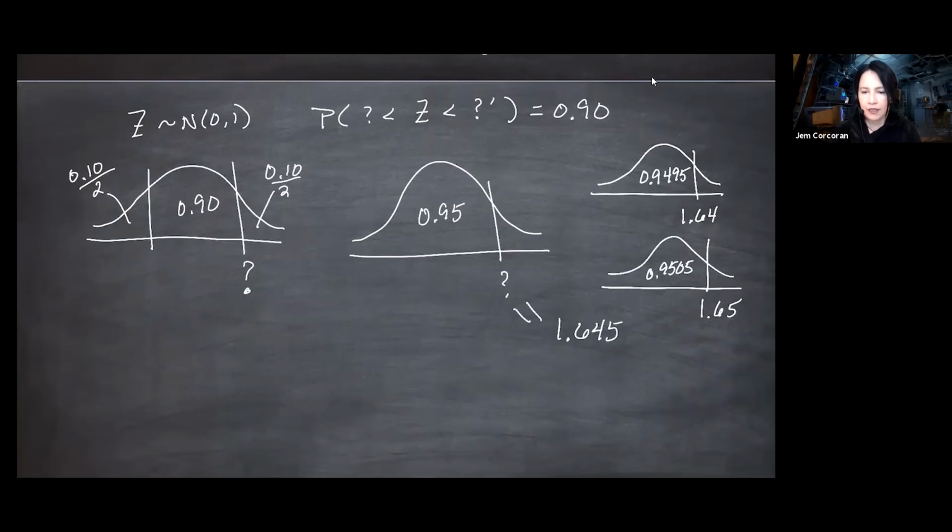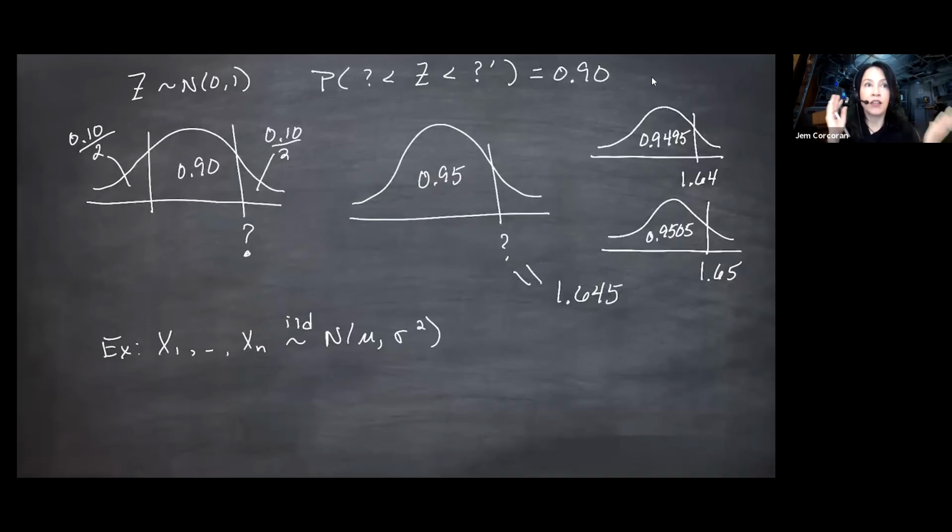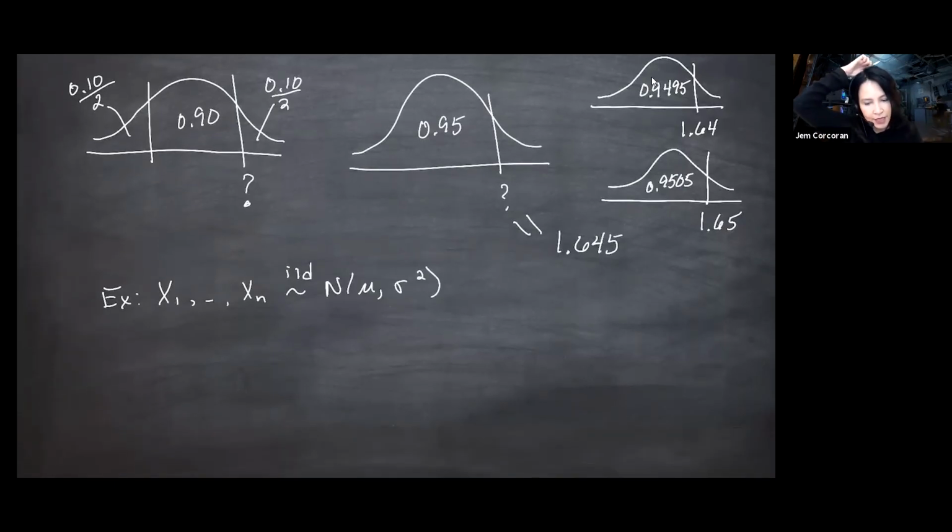Okay, so let's make our first confidence interval. I'm going to go back to my example where I have x1 through xn, a random sample, or IID, from the normal distribution with mean mu and variance sigma squared. And I think a lot of you know what's coming, a little formula in a box with an X bar plus or minus. That is totally unimportant for this course. It is the procedure that's important. So now I can throw at you another distribution, and you can come up with a confidence interval for the parameter in another distribution.